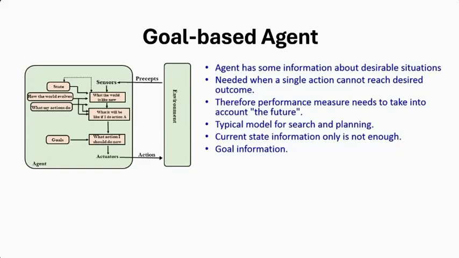The knowledge that supports its decisions is represented explicitly. Okay, may rule and can be modified, which makes these agents more flexible. Otherwise, if it is implicit, therefore, ano na, kahit ano lang yan, pwede na. Okay? So, hanggang masira